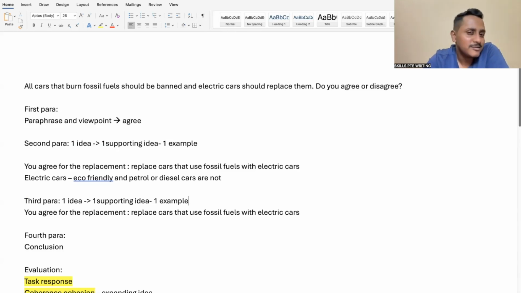Maintenance free, I don't think so. Diesel cars also need maintenance. Sorry, I mean the electric vehicles also need maintenance, of course. If something is going wrong, you need to maintain it. Anything else? Ramchandra Naidu, why do you think electric cars should be promoted and petrol and diesel cars should be banned? One is eco-friendly. Other than that,